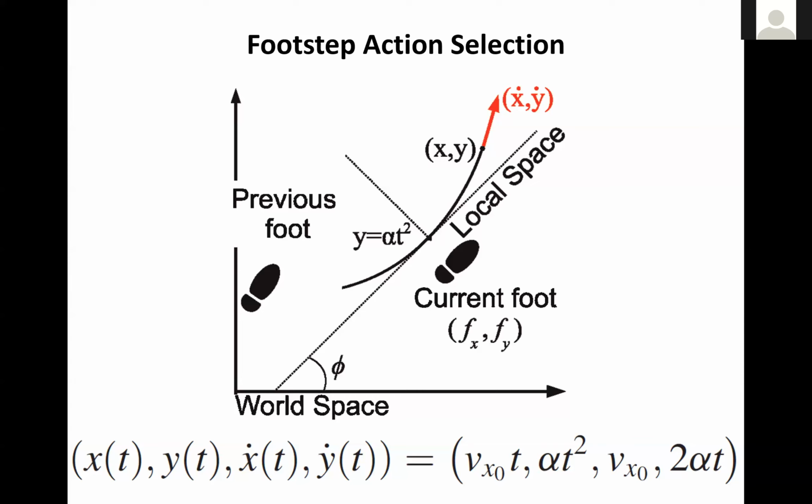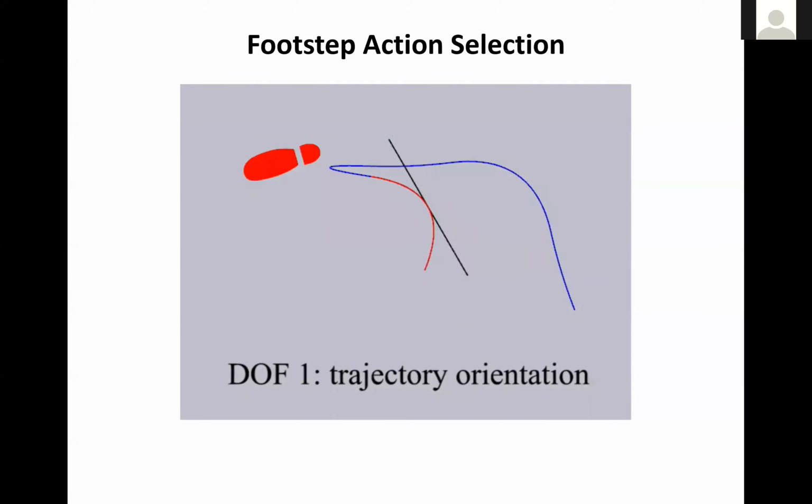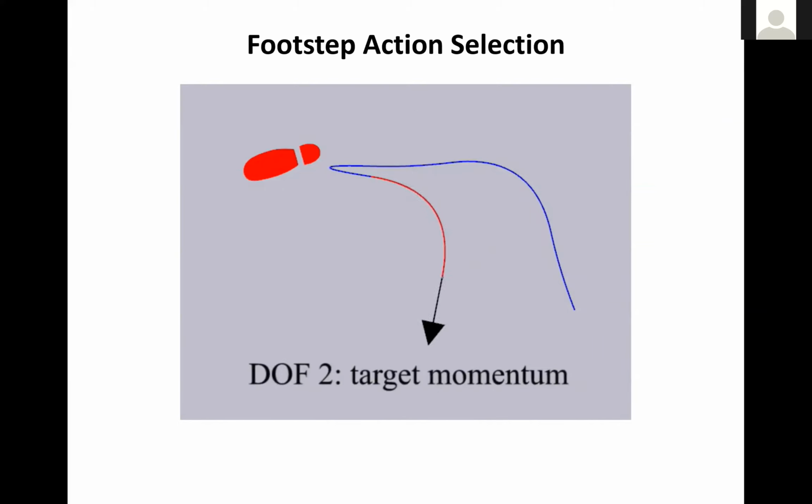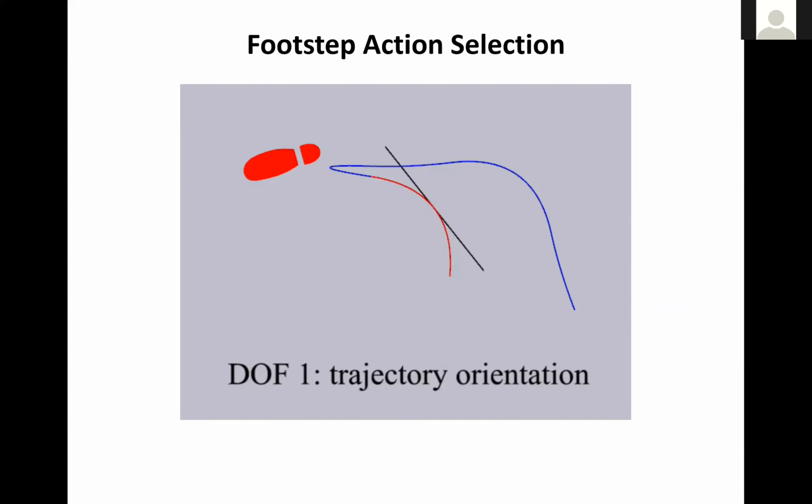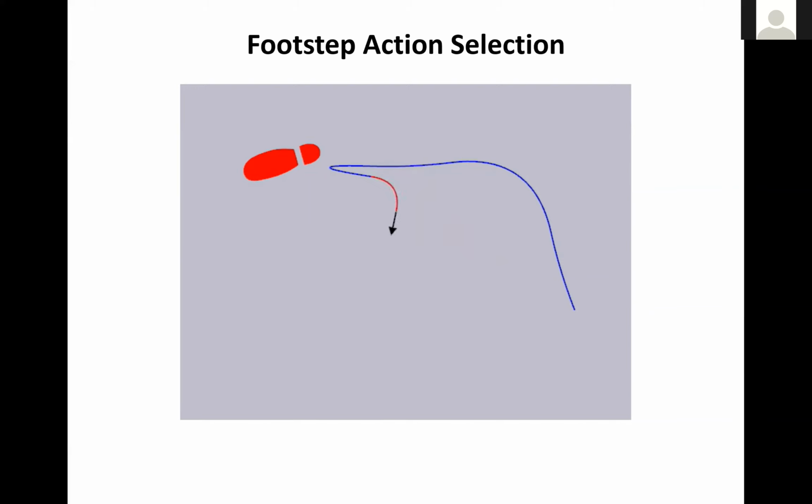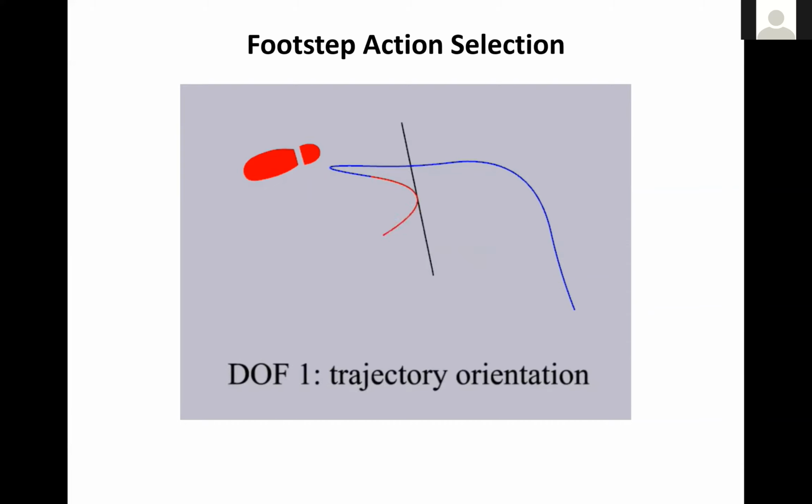These terms are the varying curvature, the speed of movement, and the step size. By adjusting these terms, we can adjust the anticipated movement of the center of mass. Hopefully this visualization communicates that by sampling through the action space of possible parameters of movement, we can see how the center of mass would move depending on where I would plant my foot next.